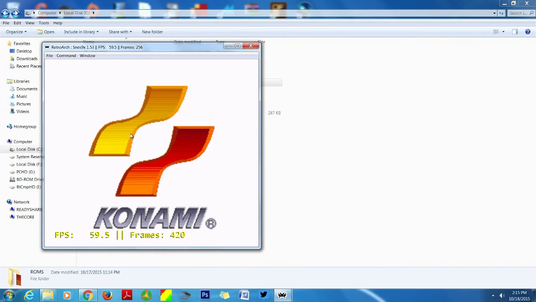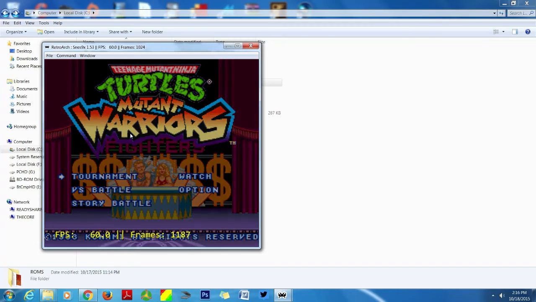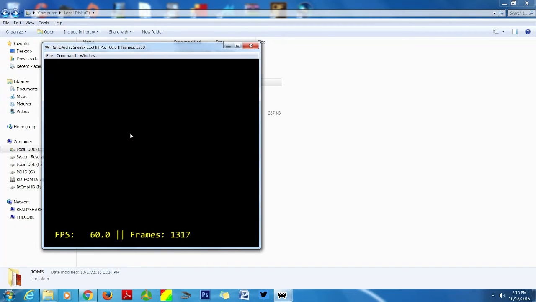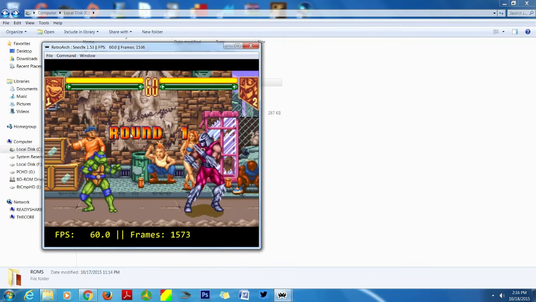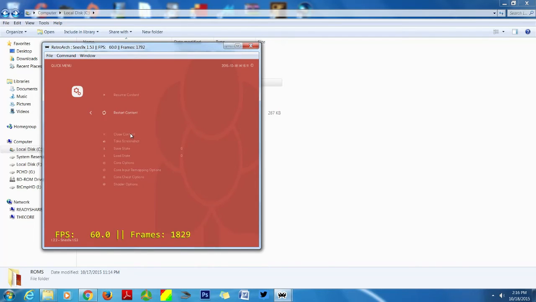All right, so we're going to go ahead and run Teenage Mutant Ninja Turtles. And I think in most cases, if you were the host, it'd be waiting until the client had connected, and then, of course, you would start the game normally like you would in any P2P. And then, of course, you'd be able to play through versus battle and stuff like that. All right. Round one. Fight! Now you can press F1 to go back. You can also set this up with your controller as well. That was also in input options.